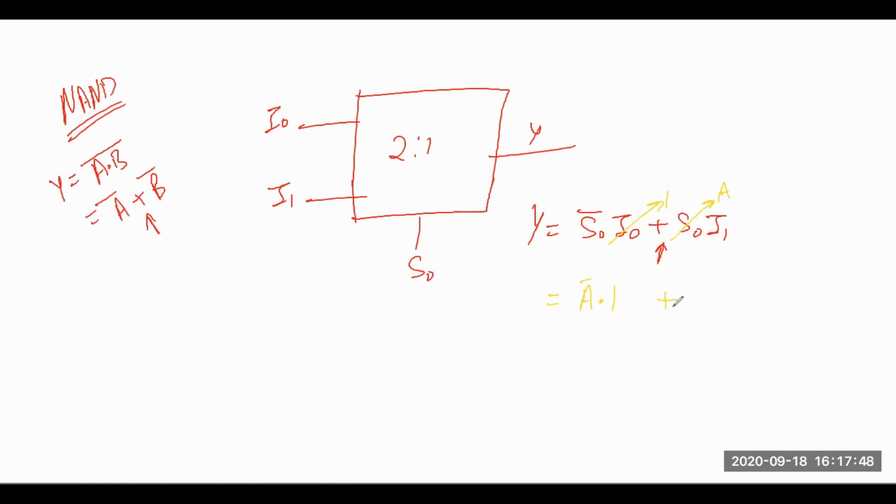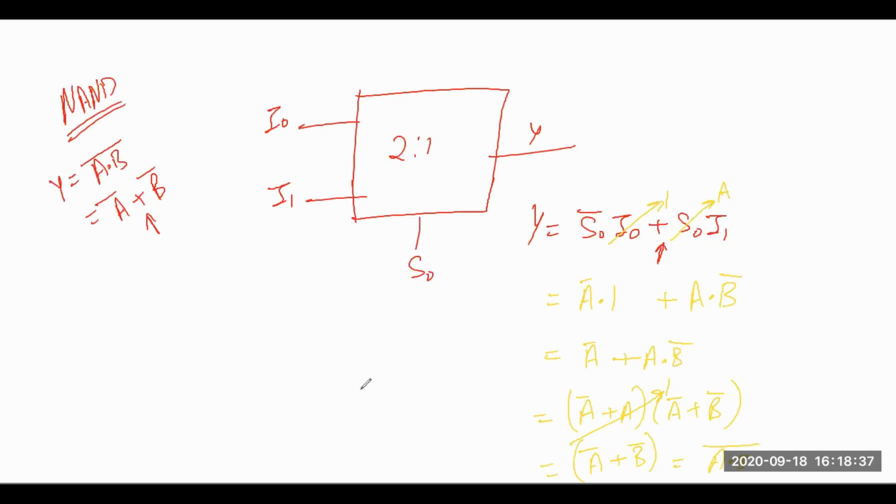And here if I write this side, this will be A. And for this I1 I need to take some value so that at the end I will get A bar plus B bar. So I am taking this I1 as B bar because there is no other choice. So this will be A bar plus A dot B bar, and if I solve it further, this is A bar plus A and A bar plus B bar. So A bar plus A is 1, and finally I will get A bar plus B bar. That is nothing but A dot B whole bar.